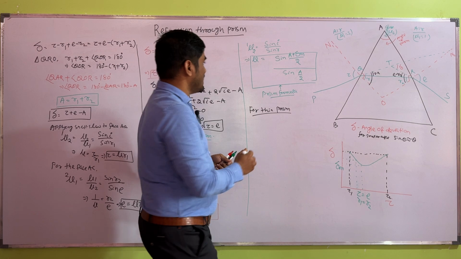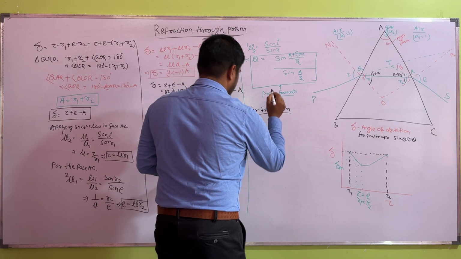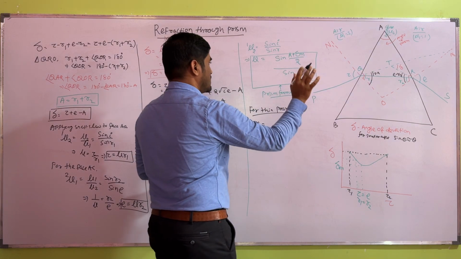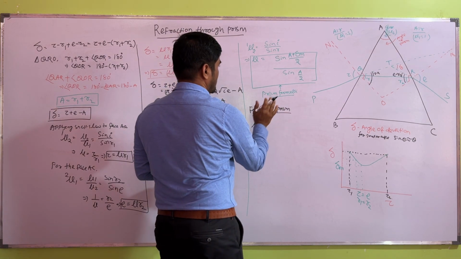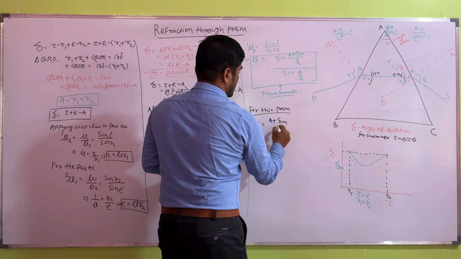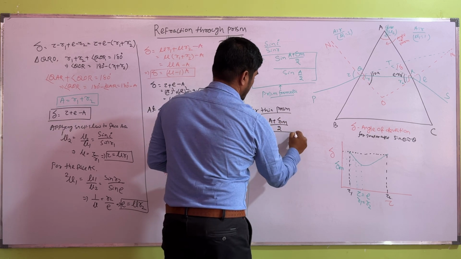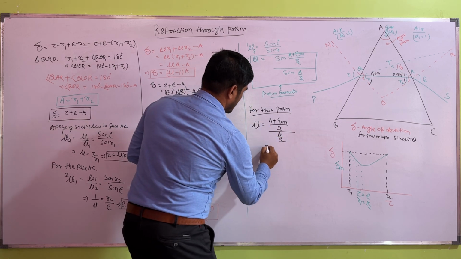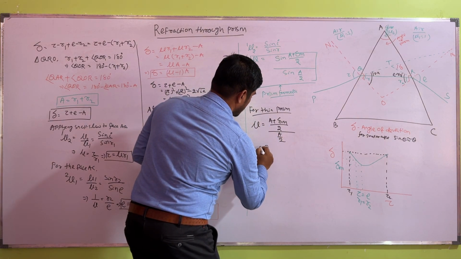So here you can write the refractive index mu, in place of sin theta, you can write only theta for smaller angle, as this is a thin prism. So this will be A plus delta M divided by 2, whole divided by A divided by 2. So that is equal to, that implies